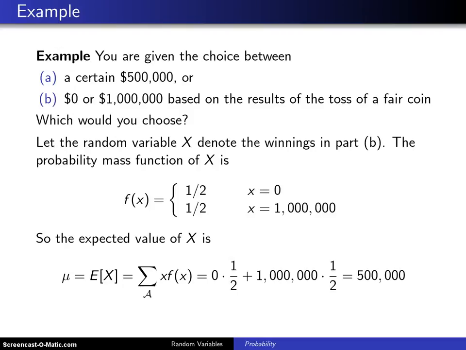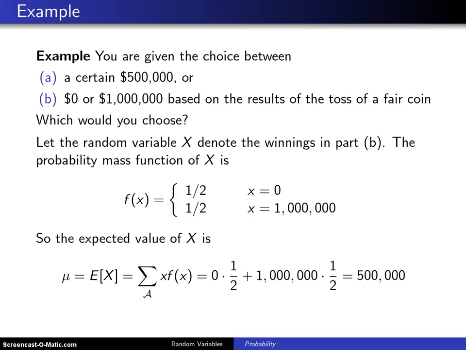Here is a second example concerning expected values. You are given the choice between a certain $500,000, or $0 or $1 million based on the results of the toss of a fair coin. Which would you choose? Well, those from the previous question that were risk takers between the $0 and $10, now